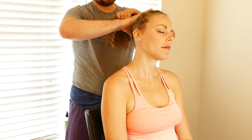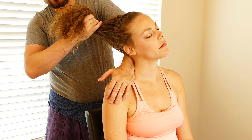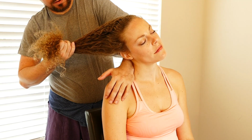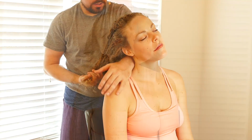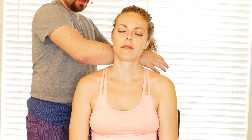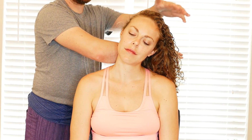Then I'll reverse sides on the hand, through the forearm, down through there. Using that forearm, just like we did, I can come in and put a little pressure. I'm using a broad, round portion of my forearm. I'm going to lean in and then gently